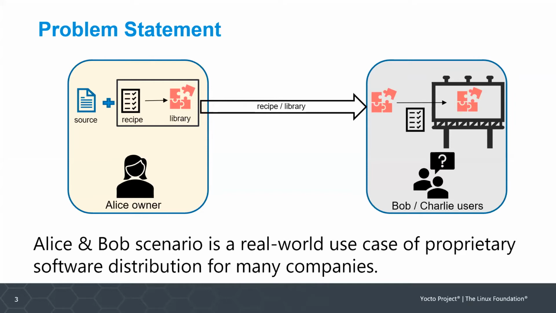So this is a scenario where LS is the owner of a software which she doesn't want to distribute to her users for various reasons. Now, for LSS users to use the software, what they need to do is they should get pre-built from LS, and along with that, LS is expected to provide a recipe.